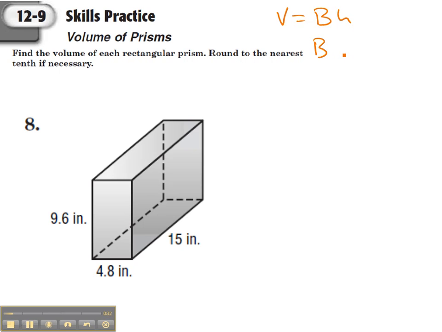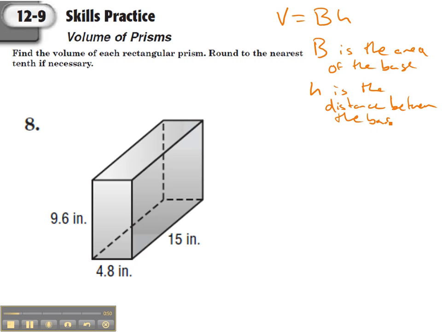Big B is the area of the base, and H is the distance between the bases. Now on a rectangular prism you have